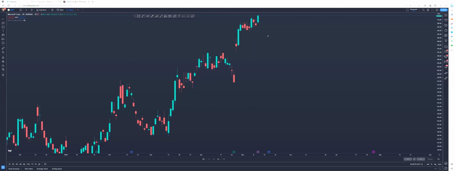Remember what I'm saying: every time I'm telling you to draw your structure, I'm telling you that you want the move before the breakout. What I mean by that is if we have a push up, a pullback, and then another push up, and maybe a little something like that, even when you're drawing your breaker structure, you want the previous price action before the push up. So in this case, you don't want to plot the initial pullback.